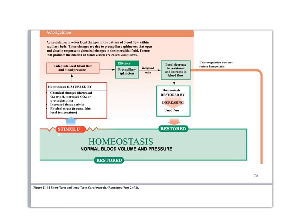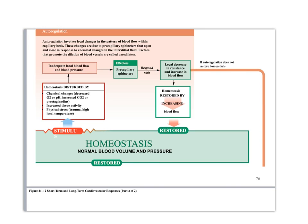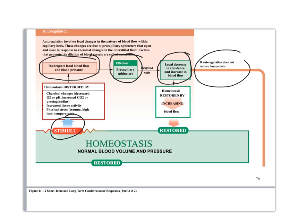So here's an example of the homeostasis. So notice we can see auto-regulation. So for some reason we've had a change here, a stimulus, and so we've had changes in the amount of oxygen or a change in the pH or the carbon dioxide or some other factor, and so we're getting inadequate blood flow there. The precapillary sphincters will respond by dilating, and that will decrease the resistance and increase the blood flow. Now if that doesn't work,